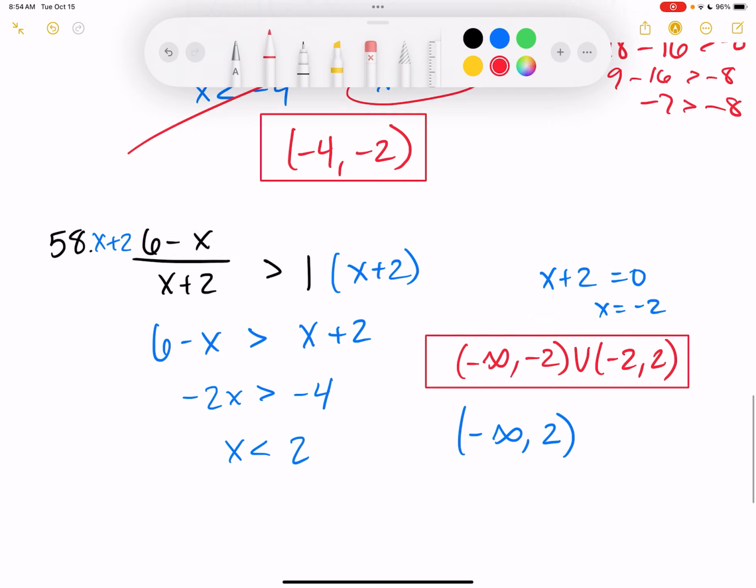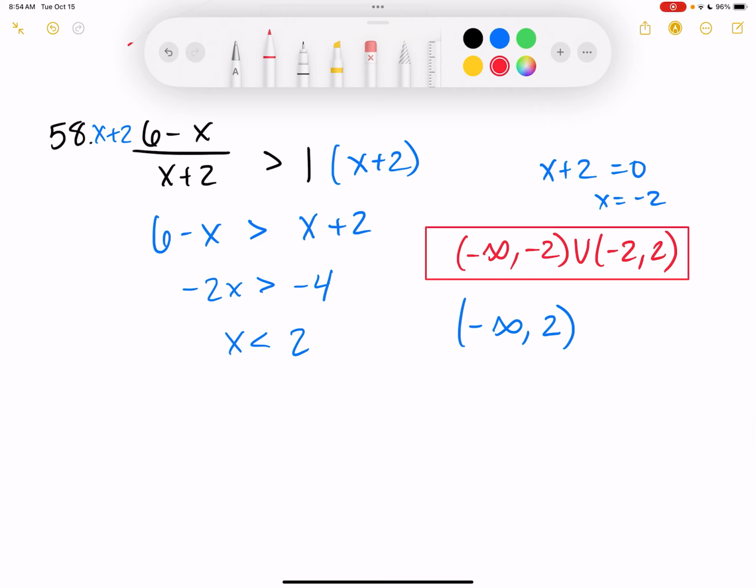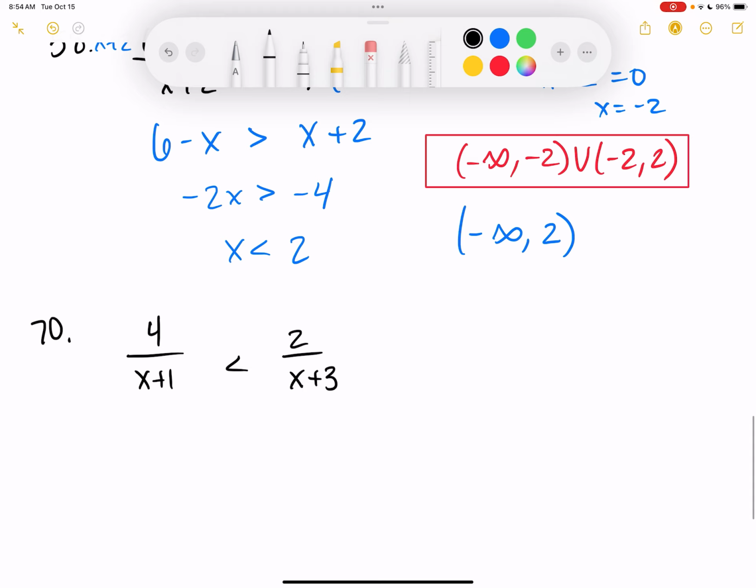All right, last one. It'll be kind of like this, but we're going to have a rational function on both sides. So number 70, 4 over x plus 1 is less than 2 over x plus 3. So if this was an equality, I would do something called cross multiplying. It's an inequality. I'm going to do the same thing. My teacher used to call it the pretzel. Essentially, I multiply this side over here by x plus 3. I'm going to multiply this side over here by x plus 1. And it gets rid of